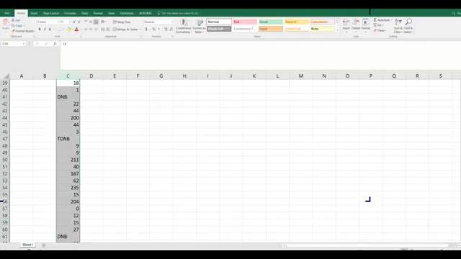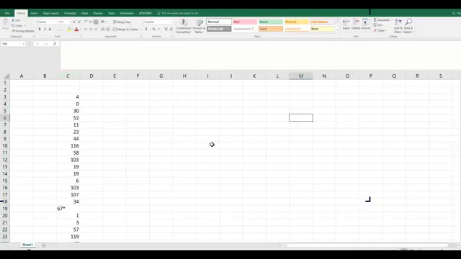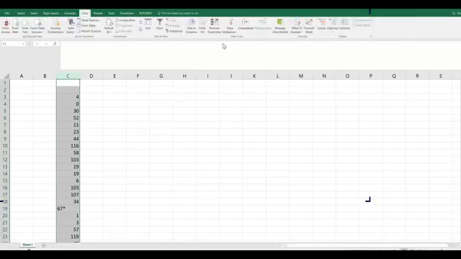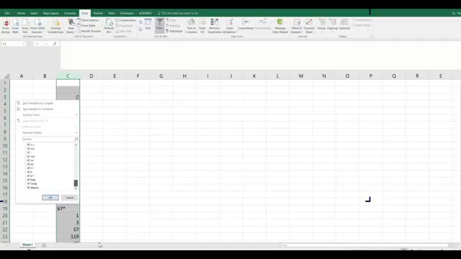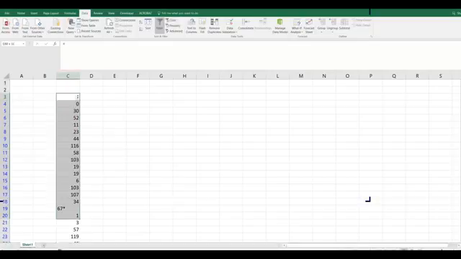Now what I'll do is I have a lot of DNBs and did not bat. I don't want this for this analysis, so I'll go to data and I'll say filter. So in this filter, I will get rid of blanks, TDNB, DNB, and dash. So when I get rid of these, I just have the numbers now. So I'll copy these numbers